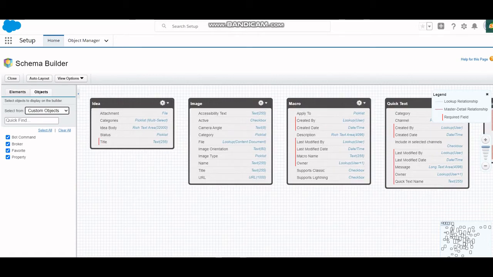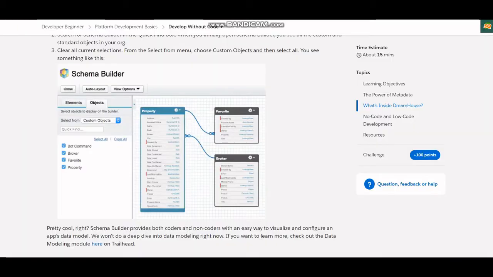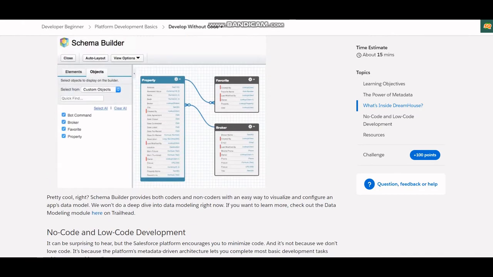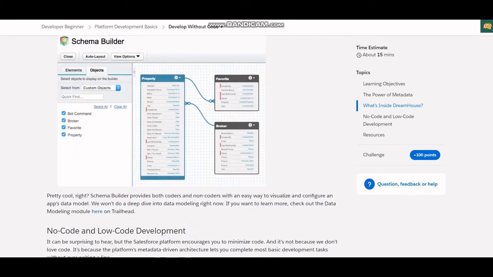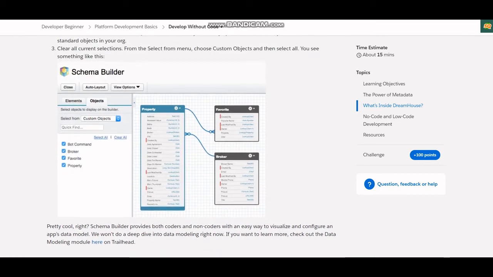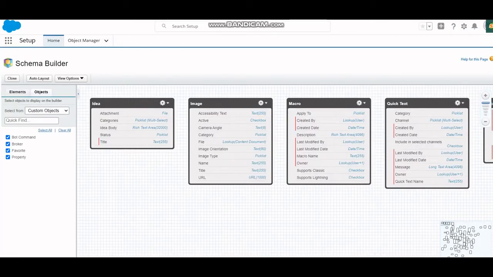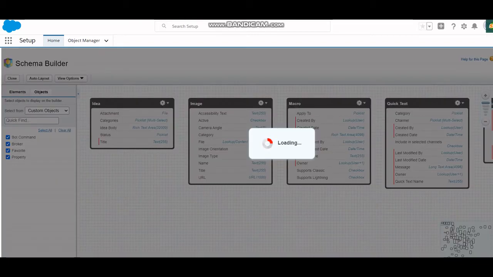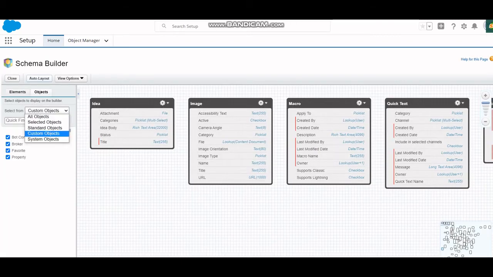Here you can select custom object. After that, go below, and you can also try standard objects and custom objects also. First,